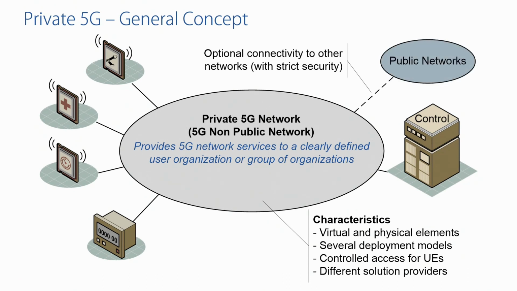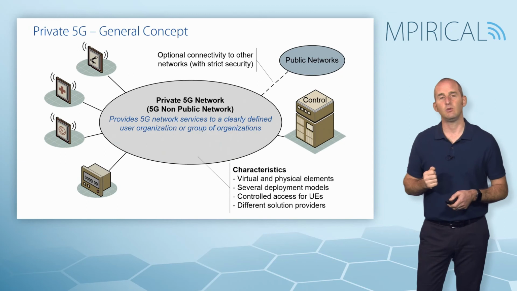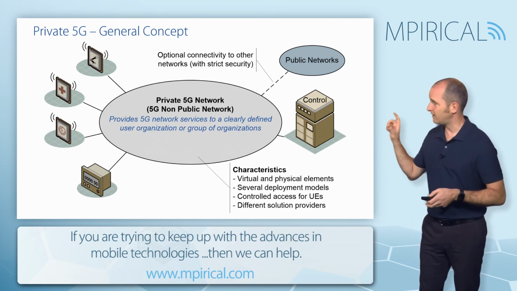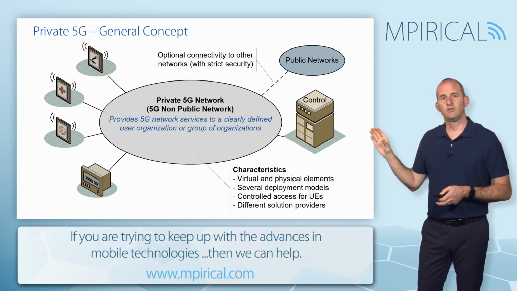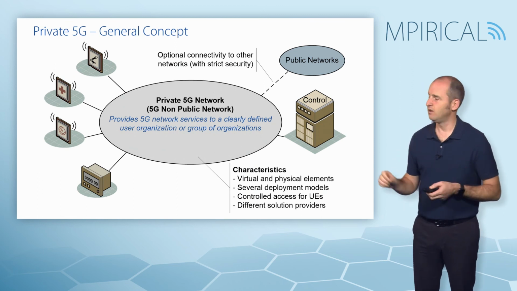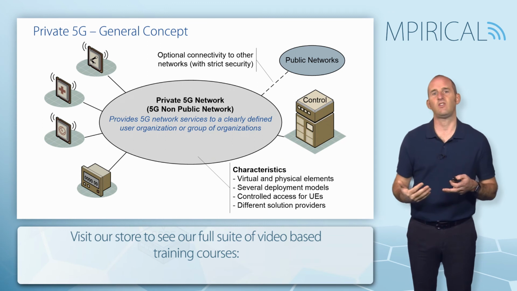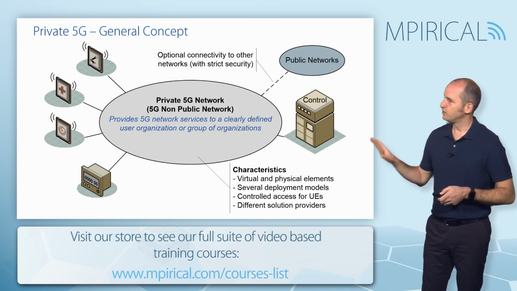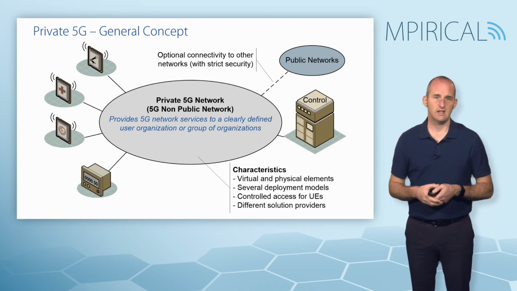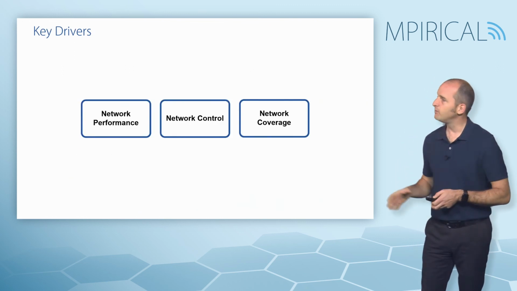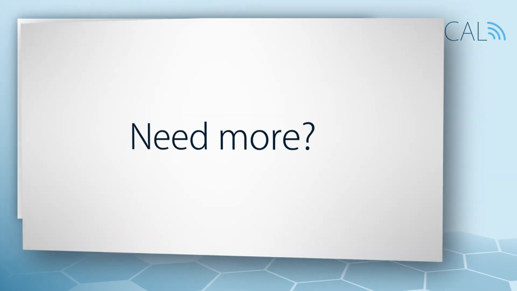Now, in terms of other public networks, it is quite possible that our private network does indeed connect into a public network of some description. And this could be based on the specific deployment model in use. But what you can guarantee is that connection will be very secure. So you don't want anything from the public domain being able to necessarily connect to anything within this private 5G network. So there'll be some serious firewall applications in place here to prevent any malicious access. So this is the general concept behind what private 5G is, and in later videos we will elaborate on the different deployment models available. In terms of the key drivers,